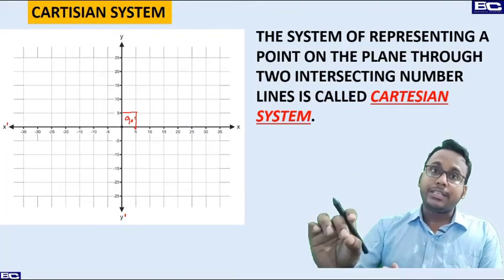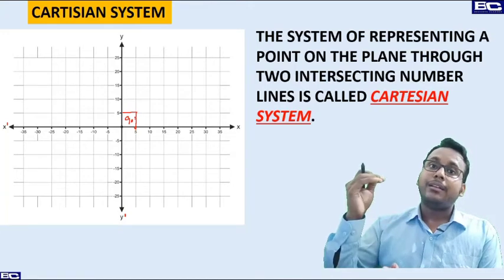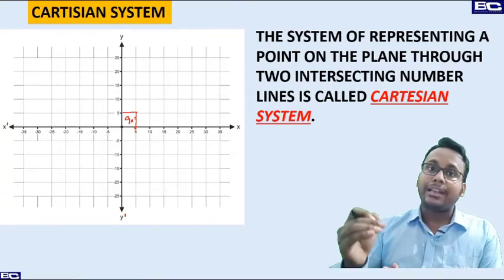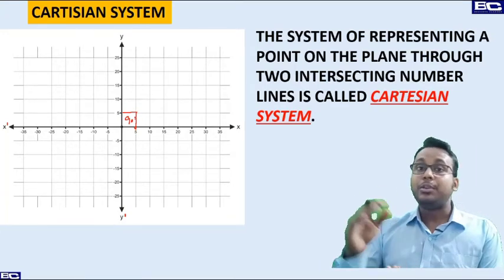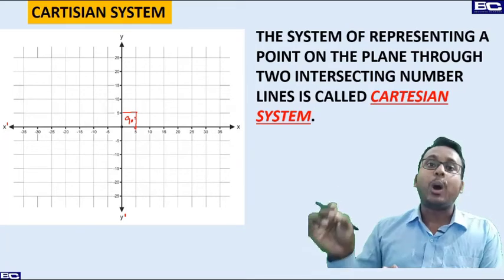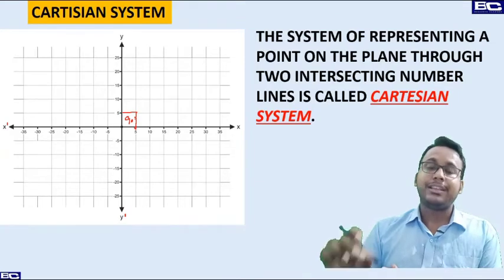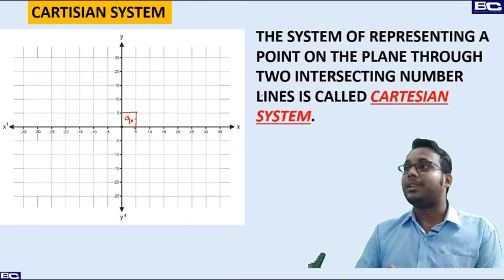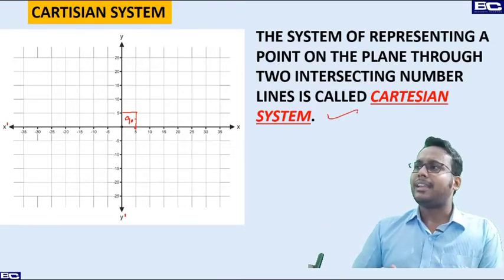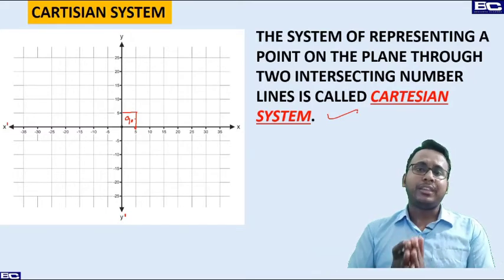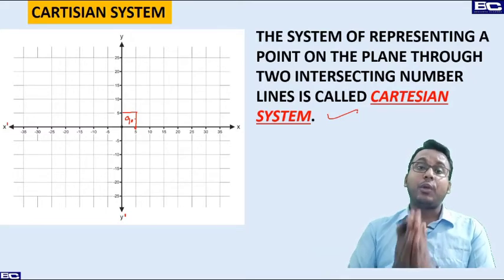If by the help of vertical number lines and horizontal number lines you want to represent a point on a plane, that type of system is called a Cartesian system. This is written over here. So this is the definition, and I think you have understood now what the difference is